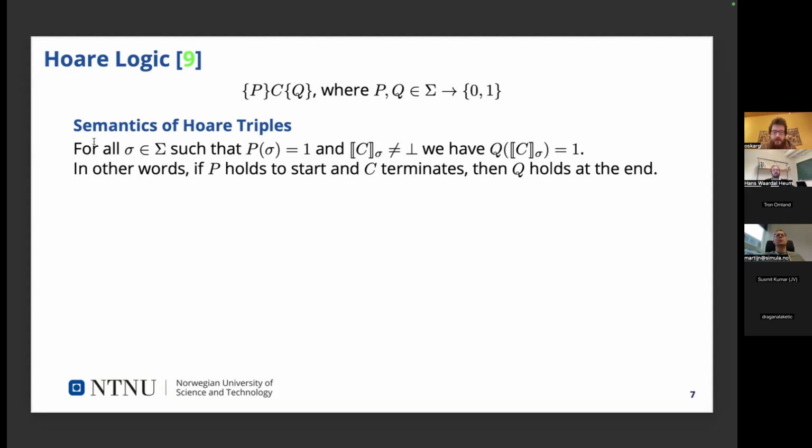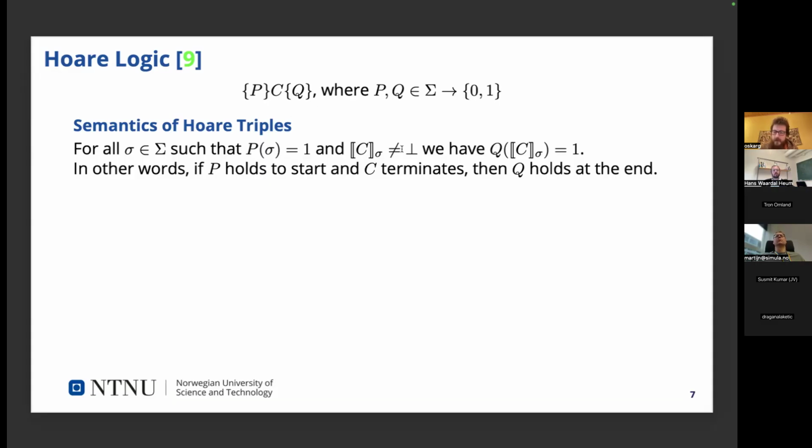Roughly speaking, what it means is that for every starting state such that P is true, and the program terminates from the state, the end predicate, the postcondition, holds under the output state. Or in other words, if P holds to begin with and we terminate, then Q holds at the end.